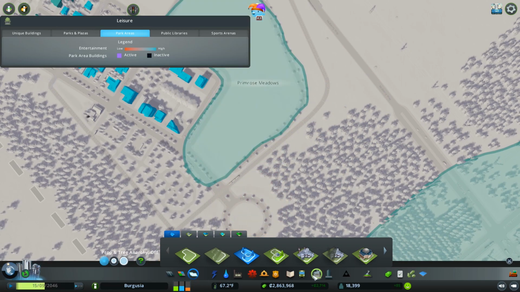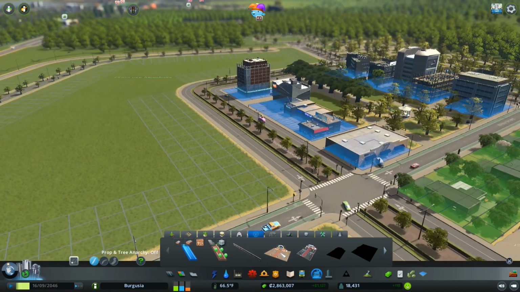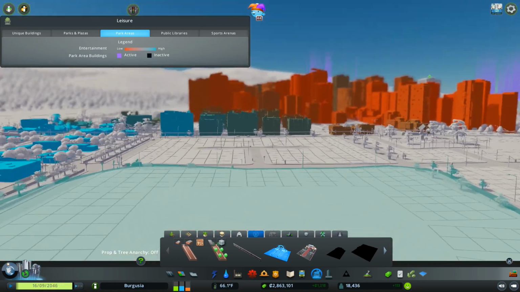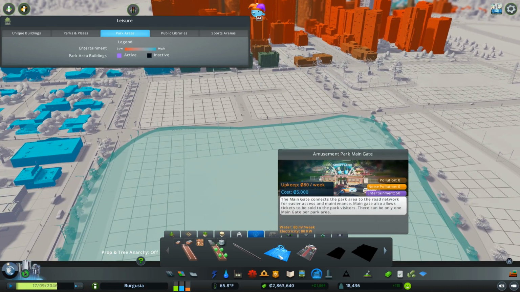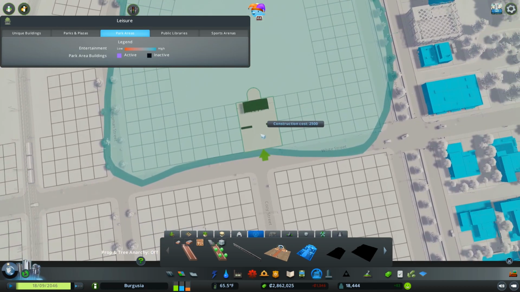So theme parks, like any other park area in your city, function the same. You place a gate. Visitors have to pass through the gate to be counted as visitors. If they pass into the park without going through a gate first, then they will not be counted as visitors, which I did not know, and I think Bill and Ted told me that, so thank you very much, my friend. Okay, so we've got a couple of similar gates like we do with the city park stuff. We've got a main gate and a side gate. I think for a theme park of this size, I am just going to go with the side gate here. So let's kind of get him...